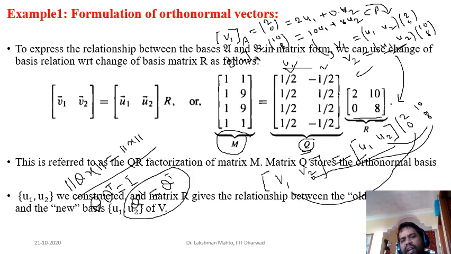There are many benefits. Suppose you have a square matrix and you need to find its inverse. Finding the inverse is a very tough task, taking computation of order n cube. But here the transpose is very simple. You know that transpose just converts rows into columns. So that is the process.